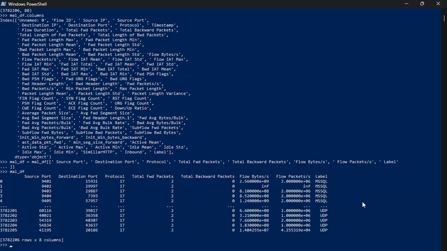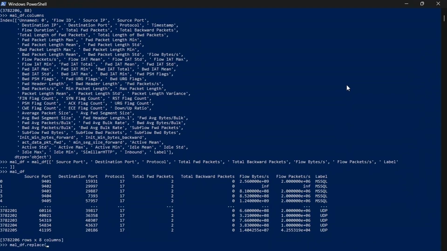Now, if you remember back to our hypothetical scenario, we decided that we're going to specifically train for UDP-based DDoS attacks. So in our case, anything that's labeled as UDP, we're going to classify as malicious. So we're going to convert that into a numerical value to allow our AI model to work with it. So what we'll do is we'll specify anywhere that there's UDP present, we're going to change that to the number 1, indicating malicious. And if the label is anything other than UDP, we're going to label it as 0 or not malicious. We'll type in mal_df,